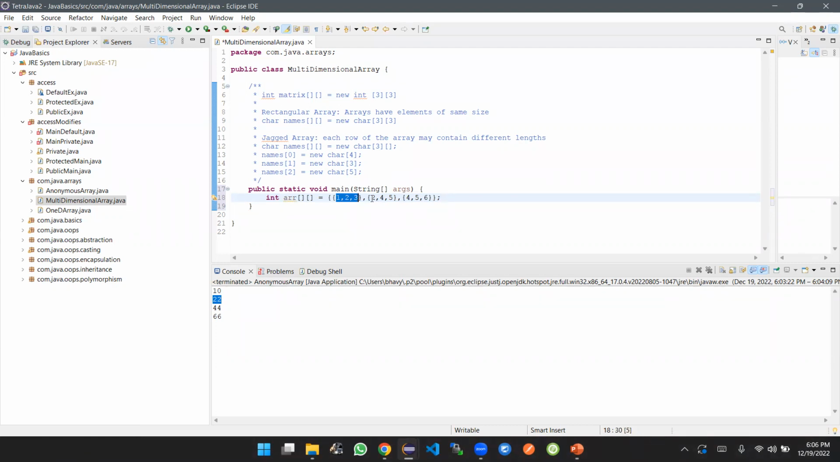So I have 3 sets of rows with 3 columns. The 1, 2, 3 in the first set, 2, 4, 5 in the second set, and 4, 5, 6 in the third set. Now the looping also will be different here. For int i equal to 0, i less than array.length, i++,